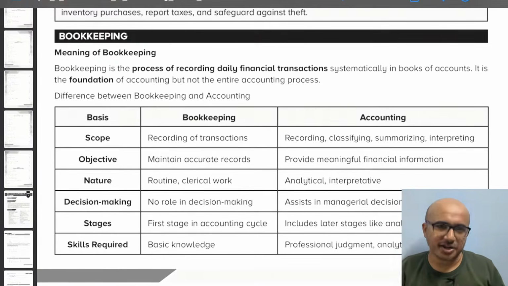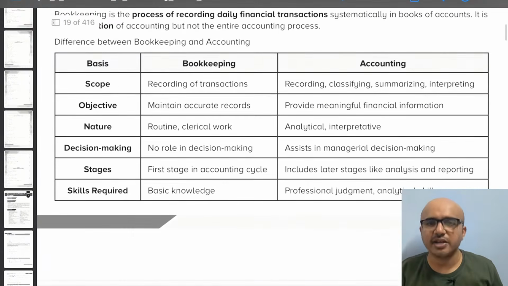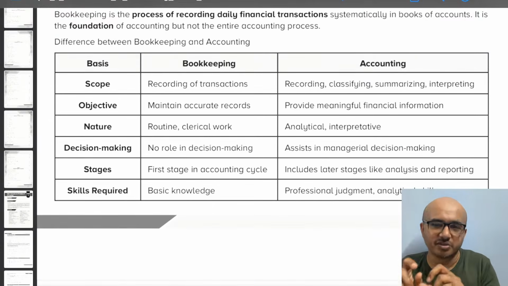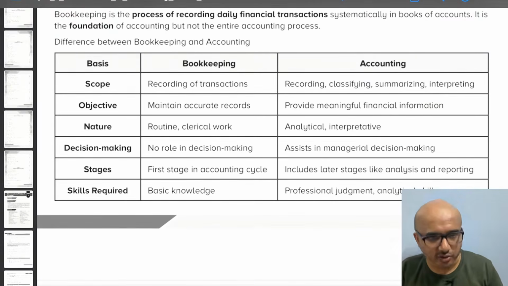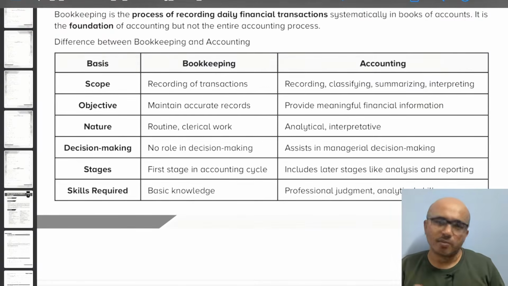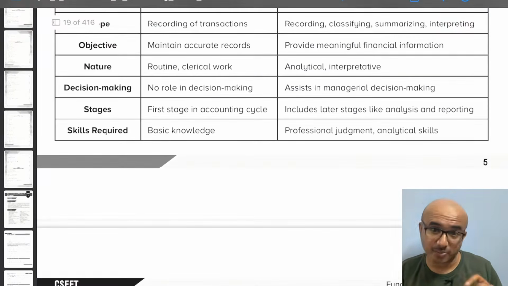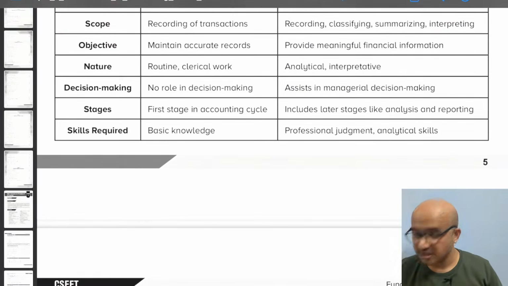Again, the repetition. In the case of bookkeeping, there is no question of decision making, whereas in the case of accounting, there will be some decision making, meaning accounting will help in decision making. That's what we are trying to arrive at. Bookkeeping is the first stage. Accounting includes everything, including bookkeeping. There are other stages as well. Bookkeeping is just an important part, a small part. Skills required: basic knowledge is fine for bookkeeping, whereas in the case of accounting, you need professional judgment and analytical skills. All those things are